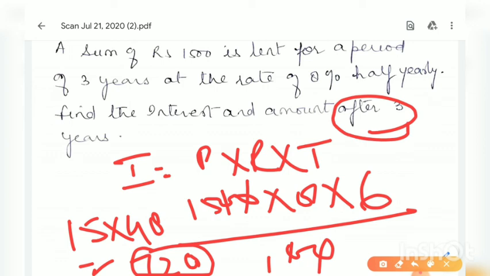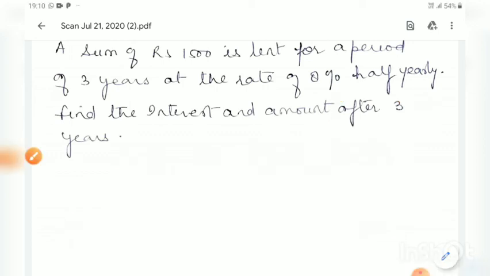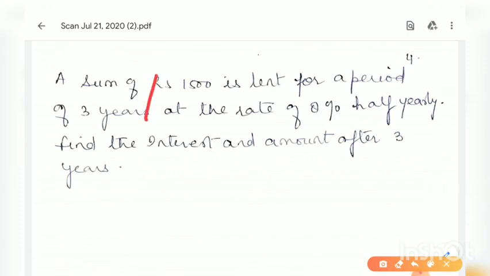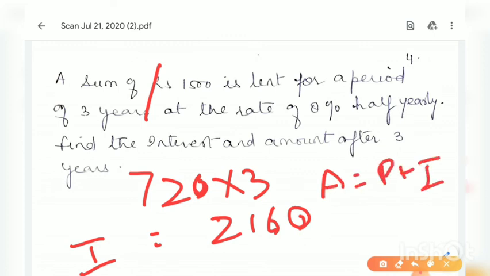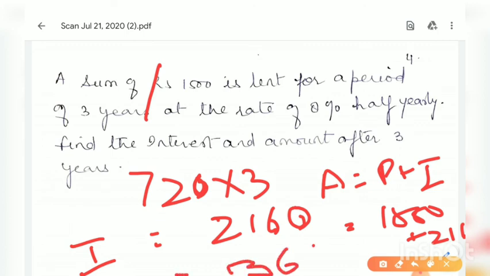Now this 720 will be multiplied by 3, which will give you 2160. So your I is 2160 and A is equal to P plus I, which is 1500 plus 2160, which will give you 3660,